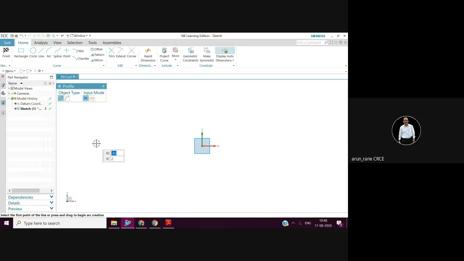Then in the modeling you have to go for the sketch. Then select the horizontal plane, if vertical plane is there, and say okay. So you'll get this, and a command will pop up, so you can just escape it. And then I explained to you the function of the mouse.